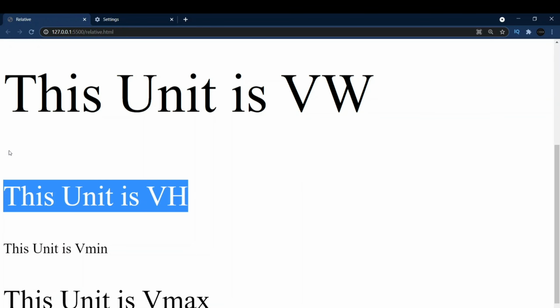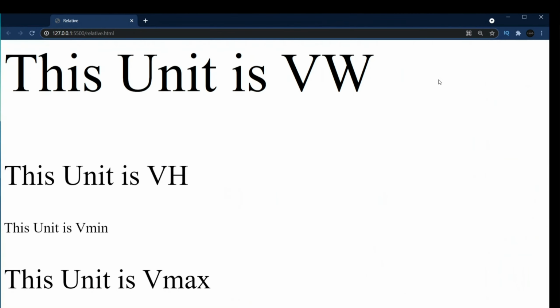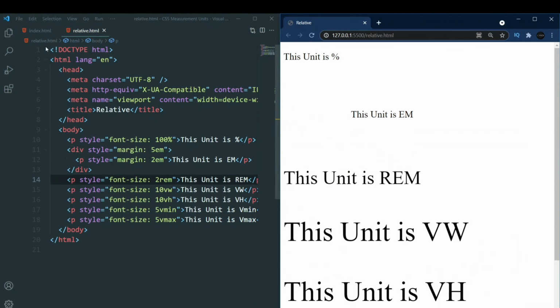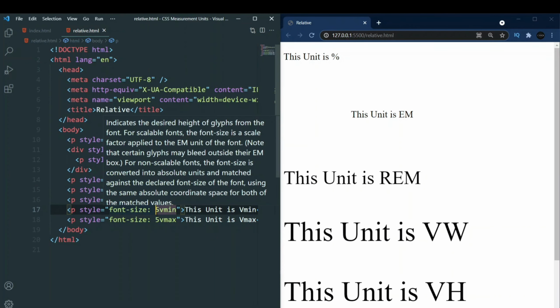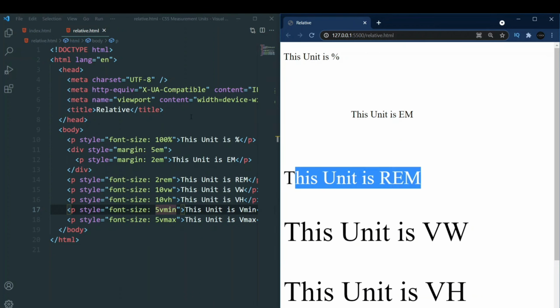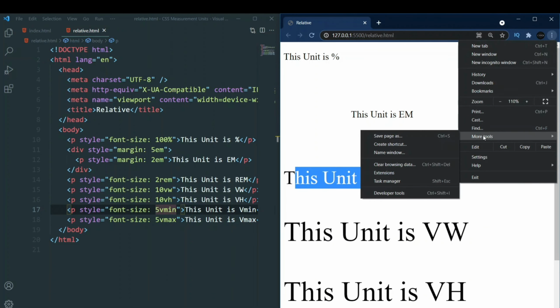So you should always try to minimize the code that you have to write in order to get what you want. So I suggest that you should always use relative measurement units such as percentages, REMs, and whatever else you can use to make your website responsive. Now you can also use media queries to make it responsive, but again, that is a lot of extra code to write when you can do the same work with all of these units that I have taught in this video. Okay, now let's change these settings back to normal.